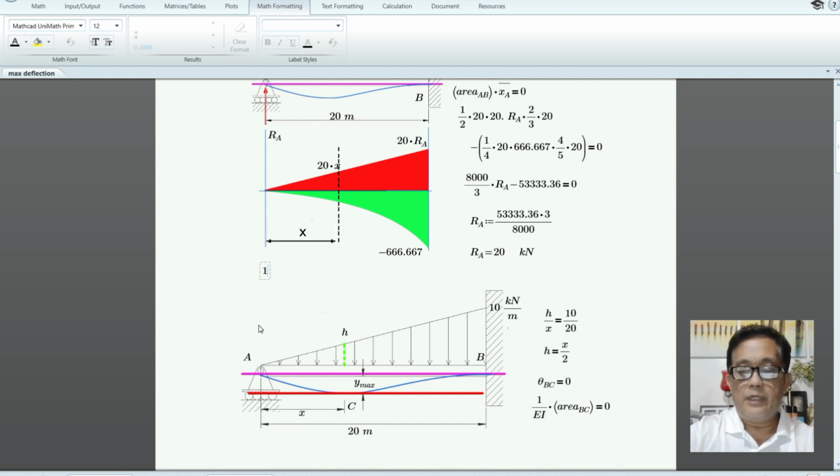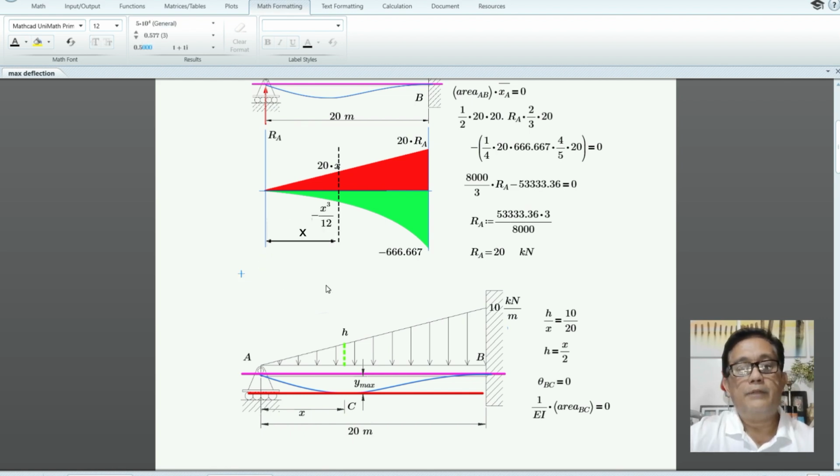So that's 1/2 times X, that's the base, times the height, H, times the moment arm from H, that's X divided by 3. But H is equal to this one, X over 2. So this becomes X over 2. So we have X times X times X, which is X cubed, divided by 2 times 2, 4 times 3, 12. So this is X cubed over 12, or negative X cubed over 12.